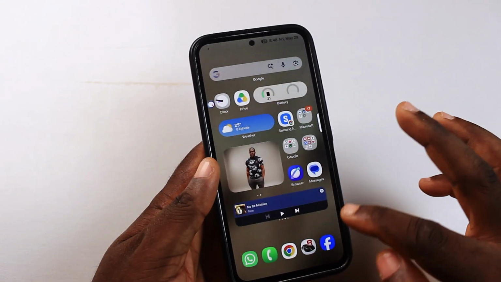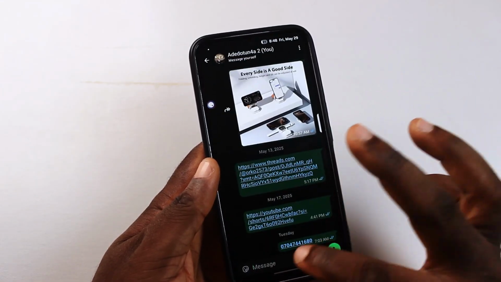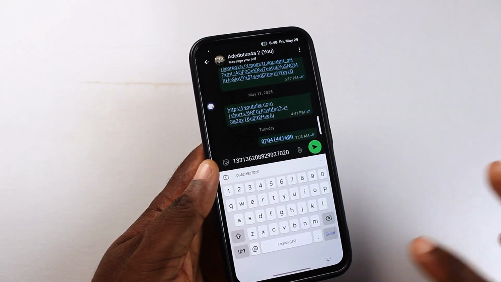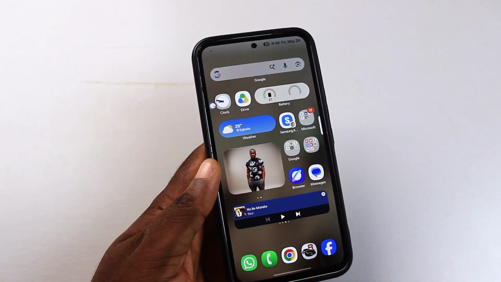Now you can go ahead and paste the Discord user ID to wherever you want to paste it. And that's it. So that is exactly how to find